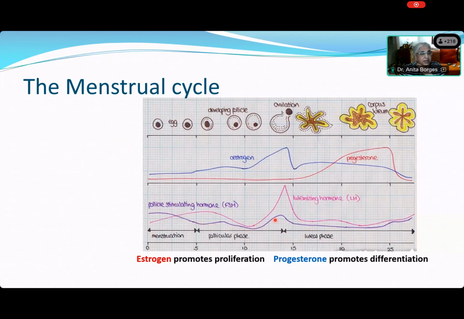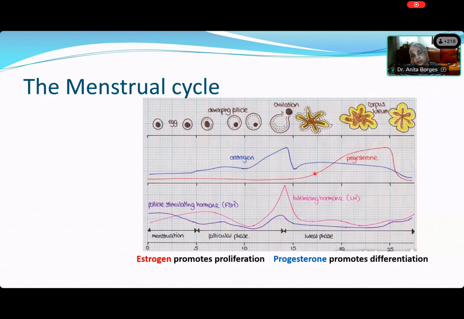At the time of ovulation, both the follicle stimulating hormone as well as luteinizing hormone rise very sharply. You can just see what's happening to estrogen at that period of time. Estrogen is slowly rising. And where is this estrogen coming from? Estrogen is coming from the developing follicle. There is the highest peak of estrogen just before ovulation, and that's also the peak of the follicle stimulating hormone. And then when that peak is reached, luteinizing hormone is released from the pituitary, and luteinizing hormone is responsible for ovulation. So you cannot have ovulation without the luteinizing hormone.